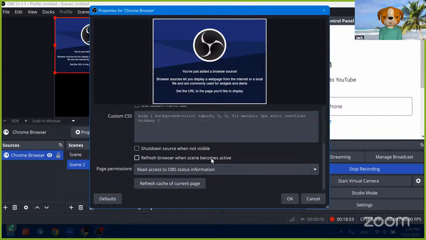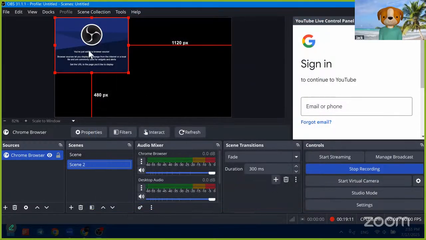The fresh browser when the scene becomes active. You have to make sure that's... maybe shut down source when it's not visible. It seems reasonable. Okay, now